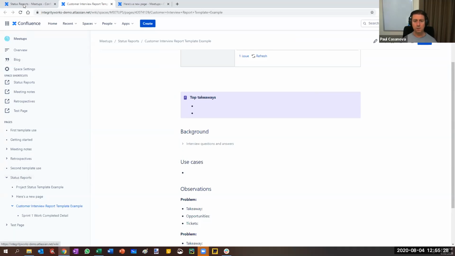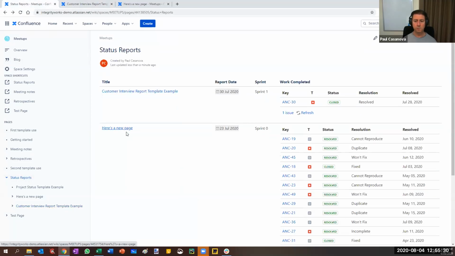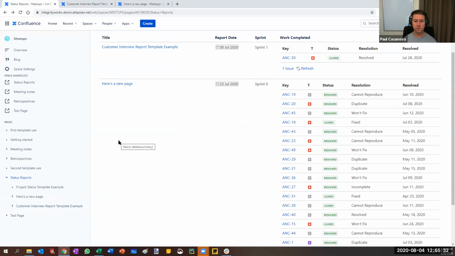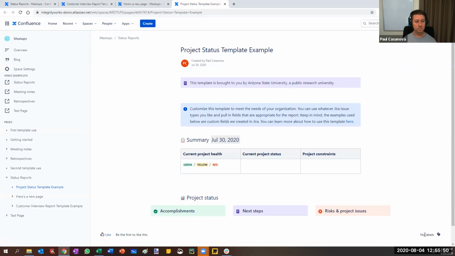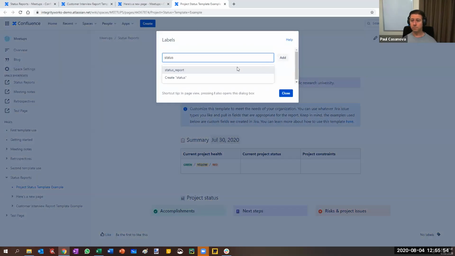Now, if I go back to the parent page, we can see we've only got 2 of the 3 child pages appearing here. The customer interview report template example is showing here as a child page. Here's a new page is also showing as a child page. But the top one here, project status template example, is not appearing yet because it has no label. If I add the label of status report for that one,